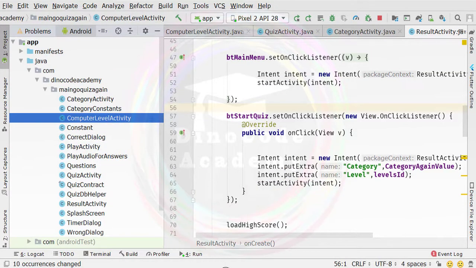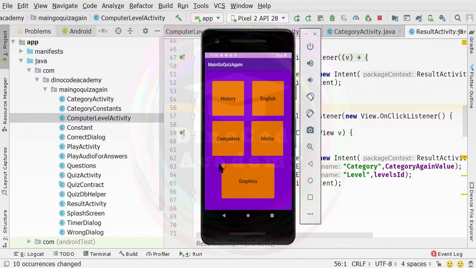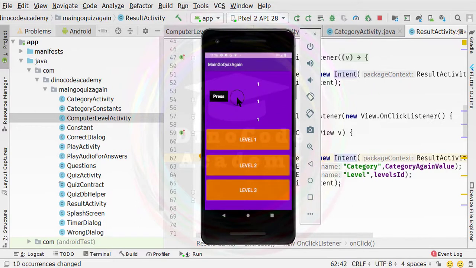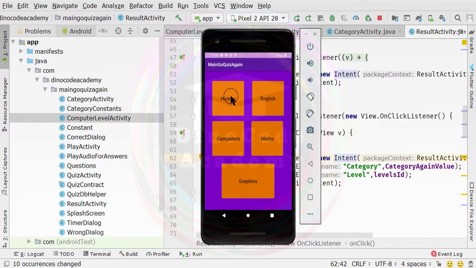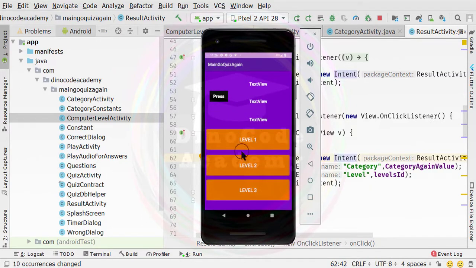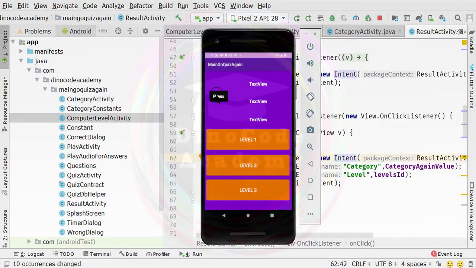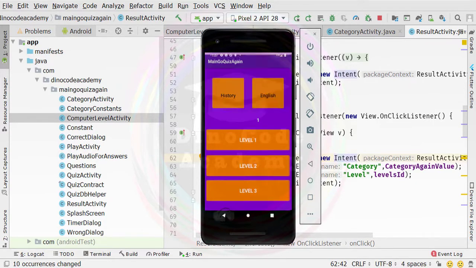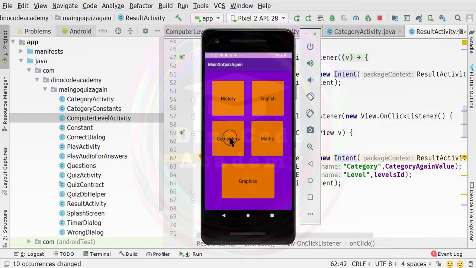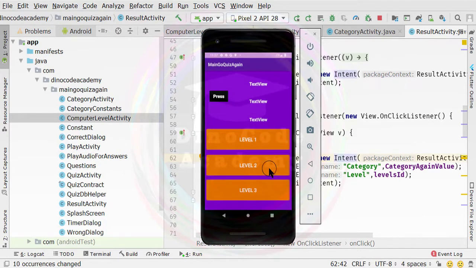I try to run the application for the history, or maybe English, maybe math or maybe graphics, then the UI is already updated, which you can see if I click on computer. Now you can see the UI is already updated. If I go back and select history, then nothing will happen because you can see the history quiz is started and still the UI is already updated. This is the problem that I want to point out. If I select English, you can see this is still the problem because there should be a new UI we need to create for the English category, because it's a separate category for the quiz. That is the reason the UI is already updated. However, we just played the quiz for the computer category only. We have played the quiz and unlocked all the levels.